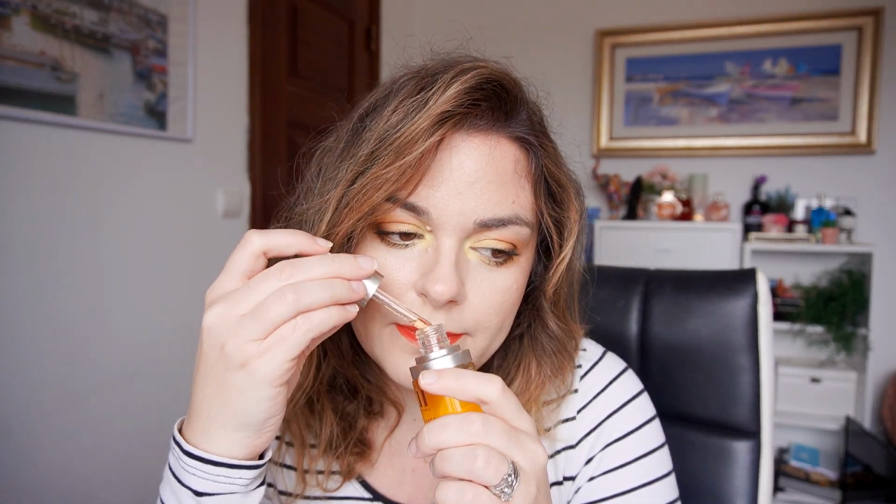Got another oil here, which again is yellow, so I'm going to be rolling it in. This is the Emma Hardy Brilliance facial oil. This one I've tried a few times as well, but I don't like it. I mean, just from memory, I think it had almond oil in it or something, and I just wasn't a fan, but I do want to finish it